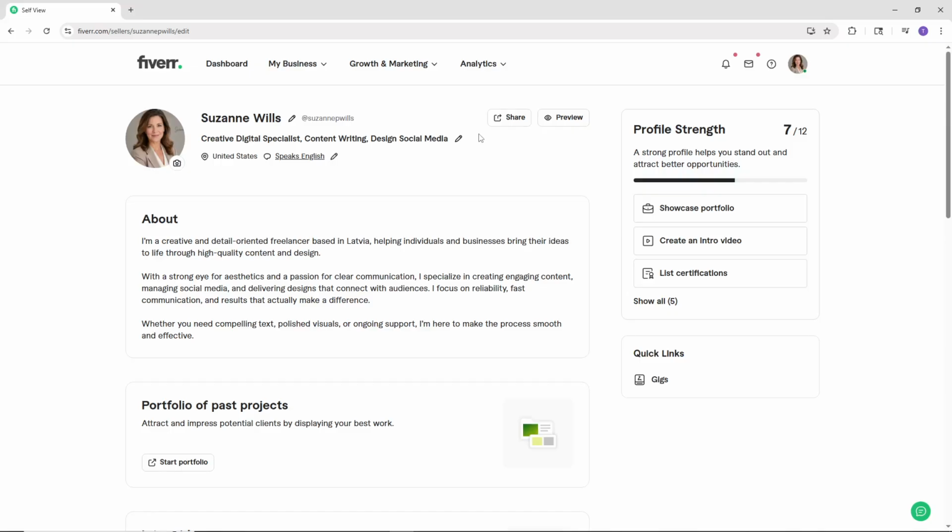You can't directly change your Fiverr username once your account has been created. Your username is actually permanent in the 2026 interface. This means the unique identifier that appears in your profile URL and tags cannot be modified after your initial setup. Fiverr has this restriction in place to maintain consistency and prevent confusion among buyers and sellers who may have already